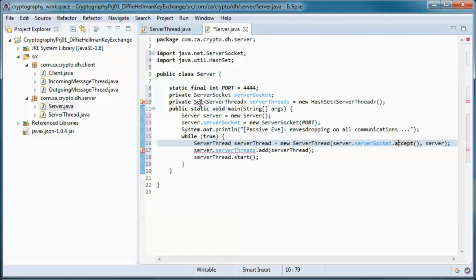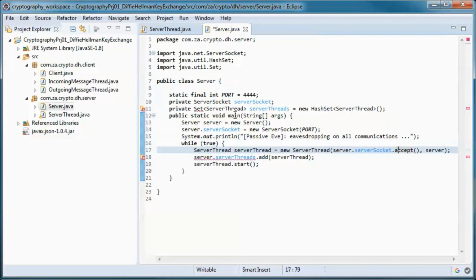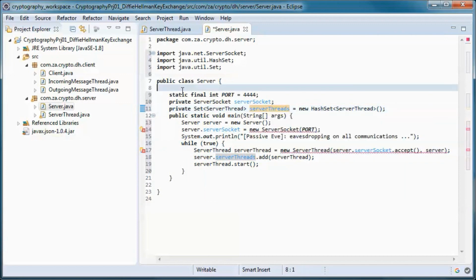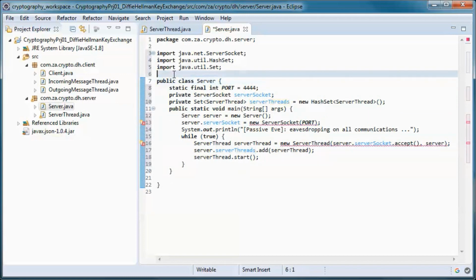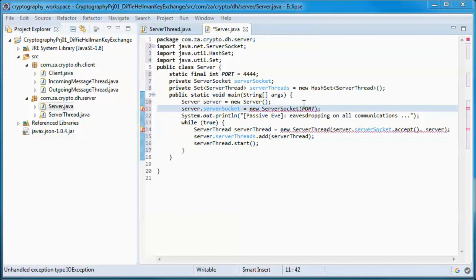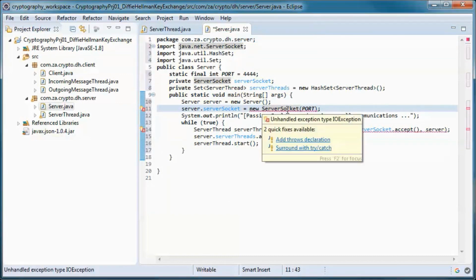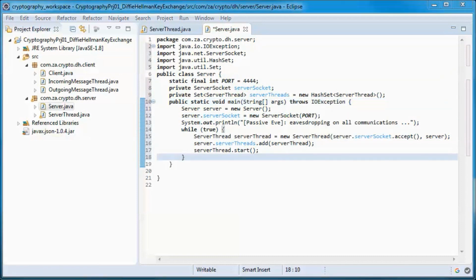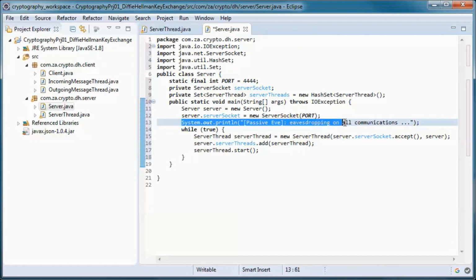And here we will have a set of server threads for the clients that this server is interacting with. And here we indicate that passive Eve can see all communications on this server.